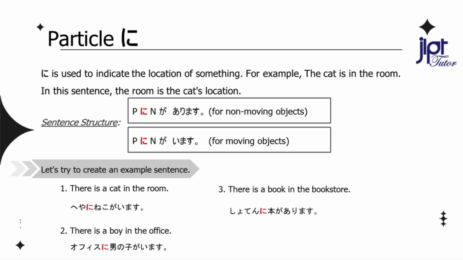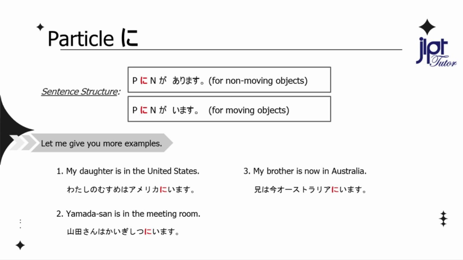Let me give you more examples. My daughter is in the United States. 私の娘はアメリカにいます。Yamada-san is in the meeting room. 山田さんは会議室にいます。My brother is now in Australia. 兄は今、オーストラリアにいます。